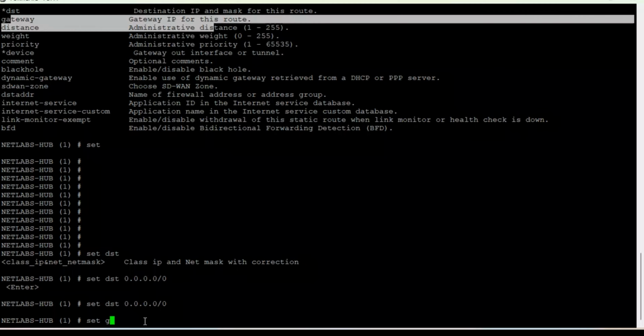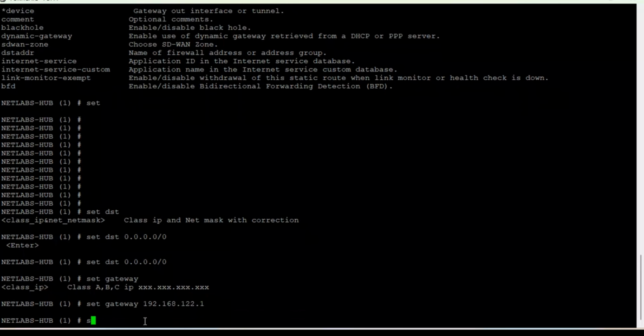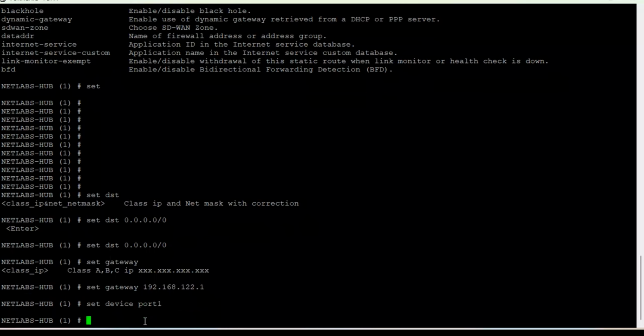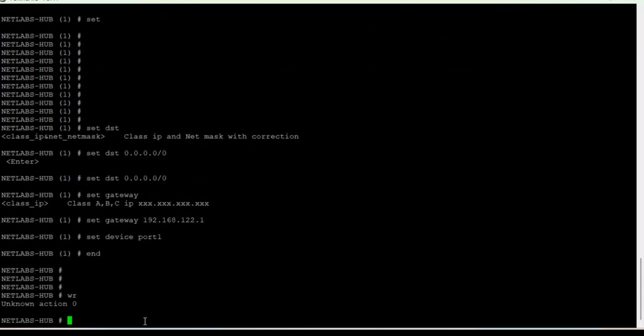Set gateway. Gateway now, it will be 192.168.122.1. Then set device port 1. Then end. The moment we end,